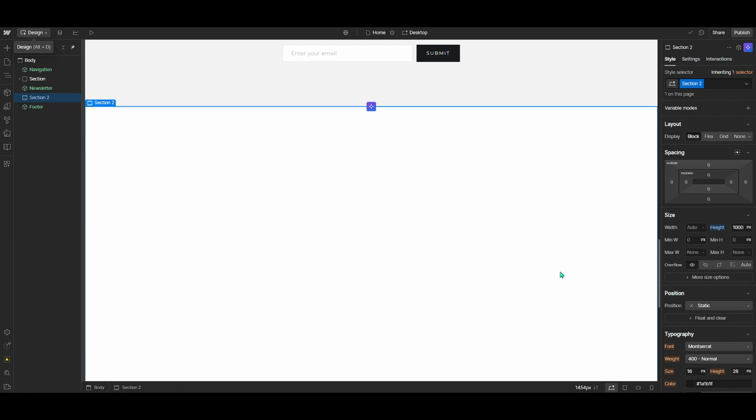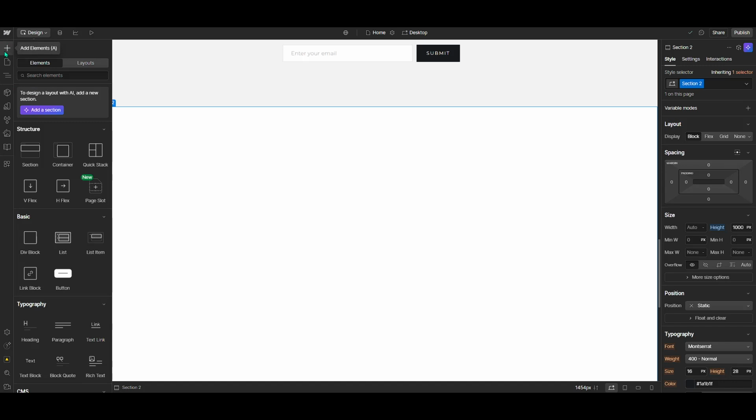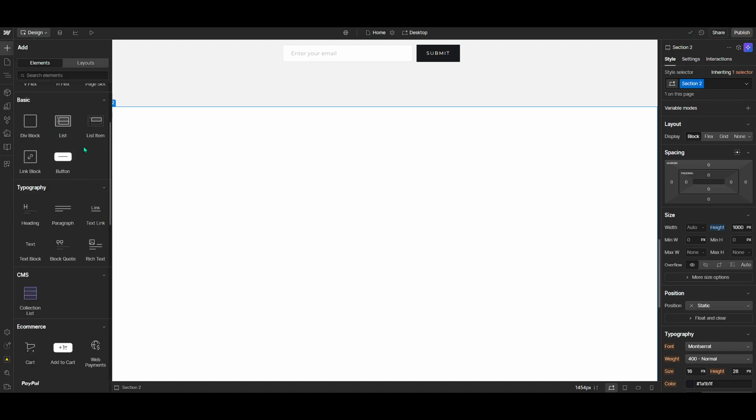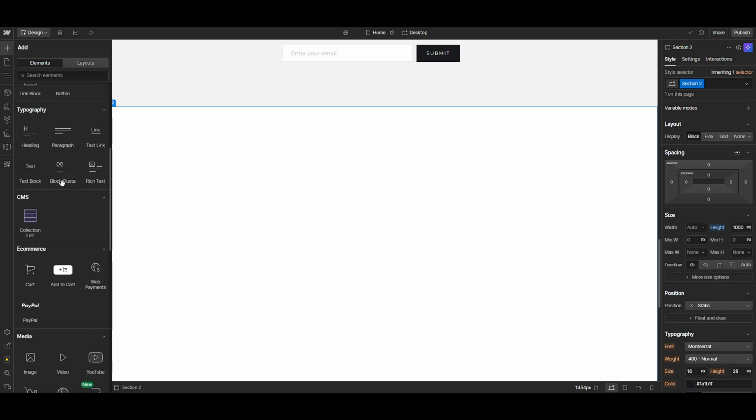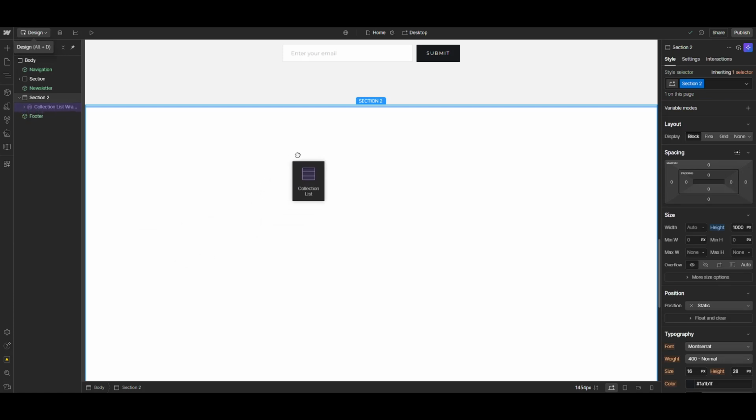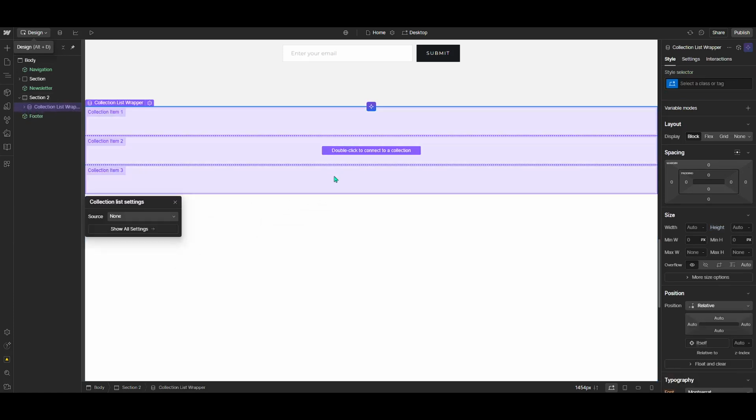First, you're going to want to locate that trusty plus icon you see on the left-hand side of your Webflow interface. Think of it as your gateway to adding new elements and features to your website. Give that plus icon a click, and it will open up a whole menu of options for you to explore. Now, to find what we're looking for, you're going to scroll down a bit until you hit the CMS section. It's here where you'll find the collection list element. Once you've spotted it, simply click and drag the collection list onto your web page to start integrating that dynamic